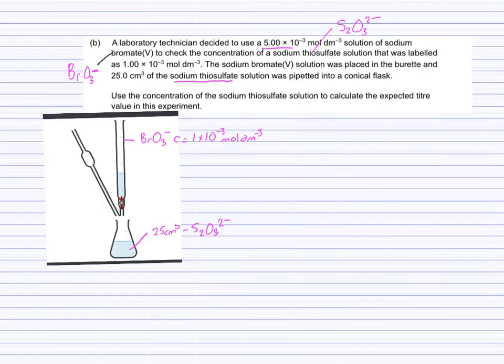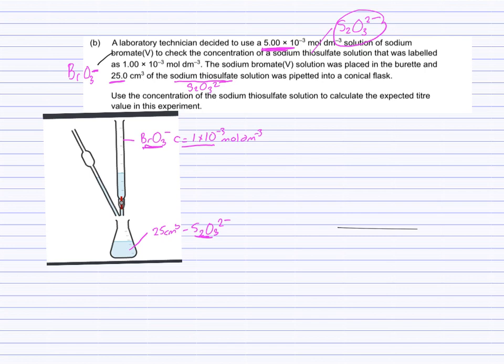Like the other example, this redox titration is best storyboarded. So first of all, take the essential information from the question and put it into a quick sketch of the titration apparatus. It's really important you don't get the concentrations of the 2 reagents mixed up and you get the names correct. So thiosulfate from the last part of the question was S2O3 2-, and the bromate(V) is